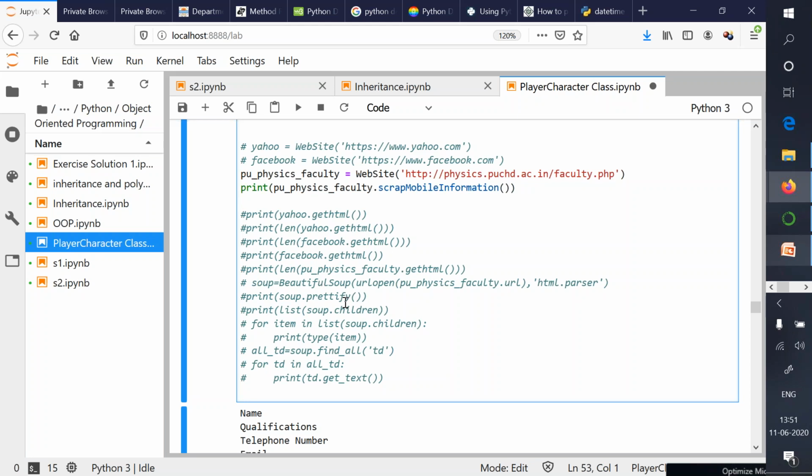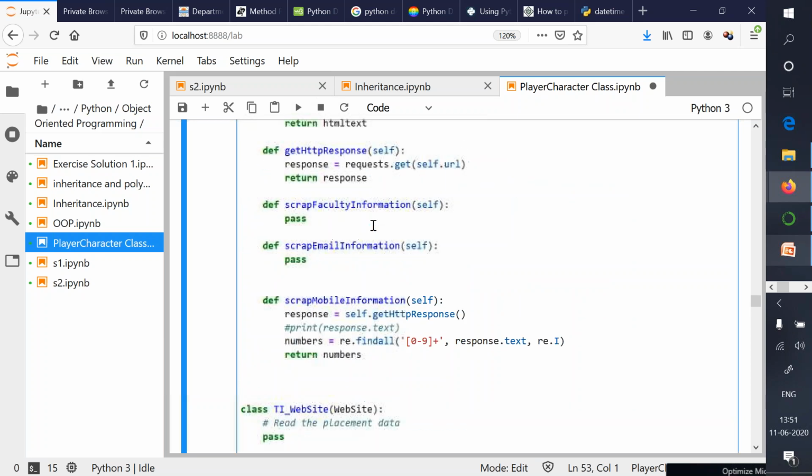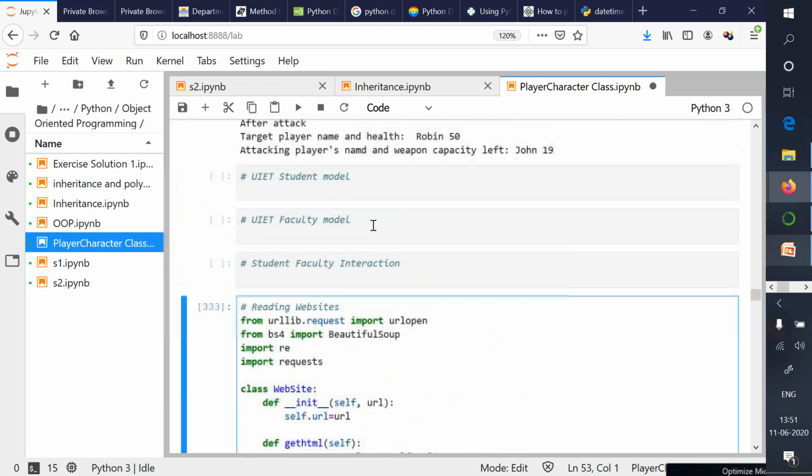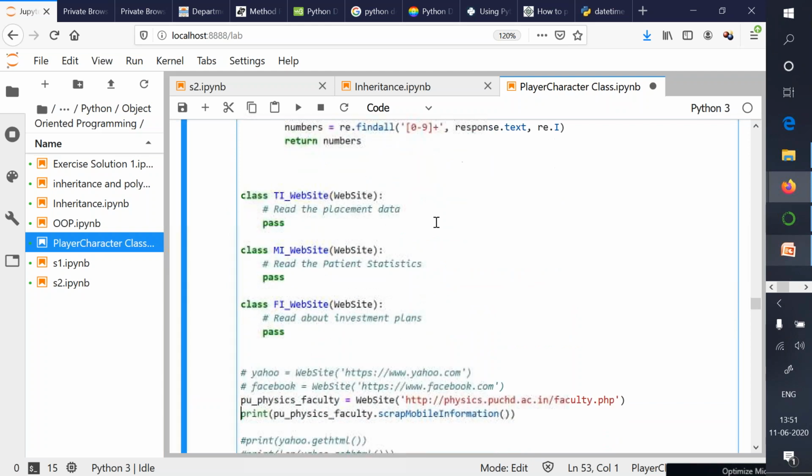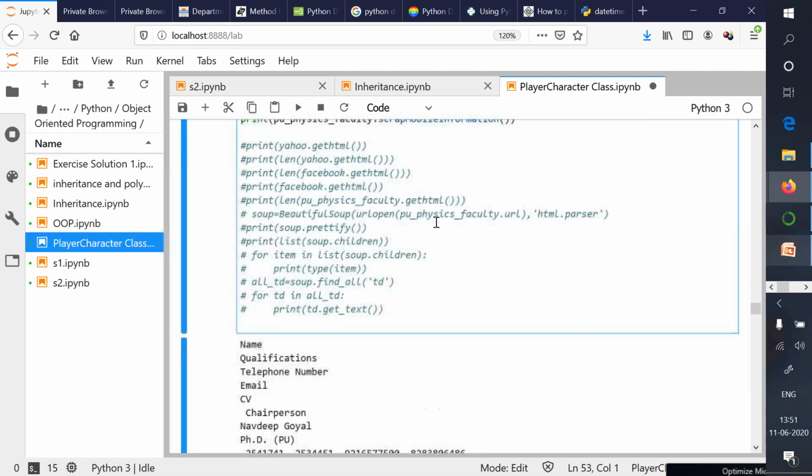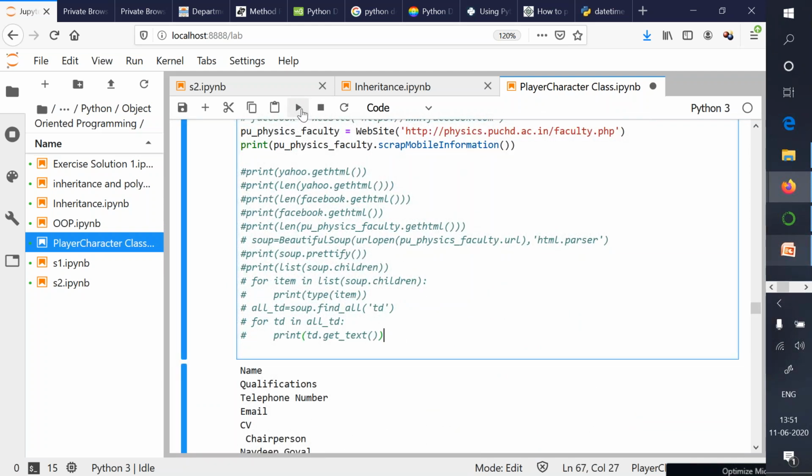If I run these statements, because I mentioned the code for that, but it is not a complete code. This is not a complete solution. I just wanted to give you the hints.